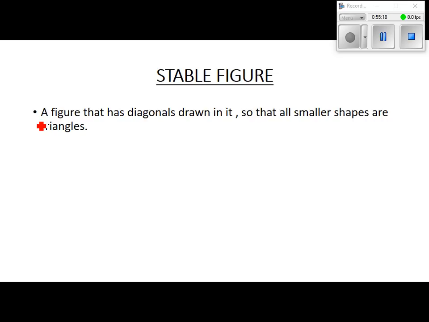Alright, a stable figure. Just to let you know here, a stable figure. All a stable figure is a figure that has all the diagonals drawn in it. I'm not sure if this book's going to use anything about stable figures on down the road or not, so that's why I threw this in. So that all the smaller shapes are triangles. So in other words, if I gave you this pentagon,